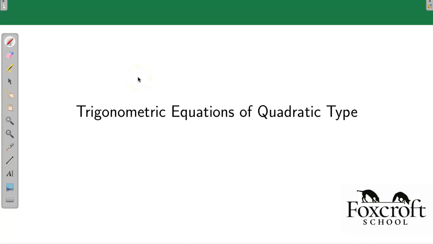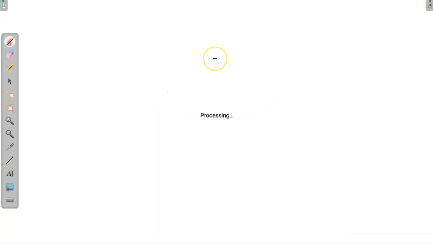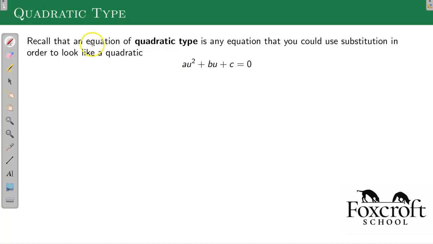In this video, we're solving trigonometric equations of quadratic types. So now combining the last two types of equations we talked about. Recall that quadratic type just means you have the same pattern as a quadratic function. You have something being squared and that same thing being not squared. And then we solve these by doing substitution, solving the quadratic we've created, and then going back to our